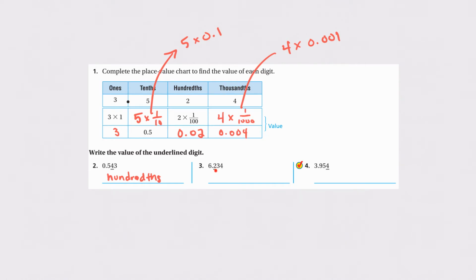Next, number 3, I have this 2. It's right next to the decimal, and it's on the decimal side, so I know it's going to end in TH, and so that's the tenths place. And the last one, this is a decimal number, so it's going to end in TH, and it's 1, 2, 3 spots away. And if you remember what that is, you can look at your place value chart. That is the thousandths